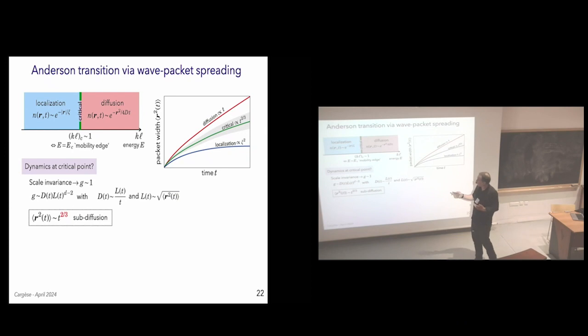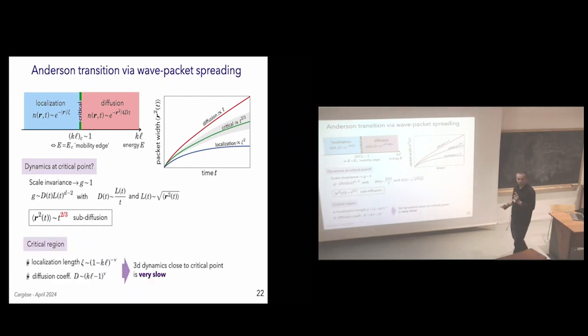And if on the other hand you say that dg is somehow a kind of generalized diffusion law, L to the d minus 2, a generalized Ohm's law, and you replace the effective size of the problem by just the size of the wave packet, square root of r square, then you invert for L and you immediately find from these 2 conditions that the width square of the wave packets should scale subdiffusively. And this is also confirmed in experiment. So in other words, you have diffusion, localization, and at the critical point you have something in between, which is subdiffusion.